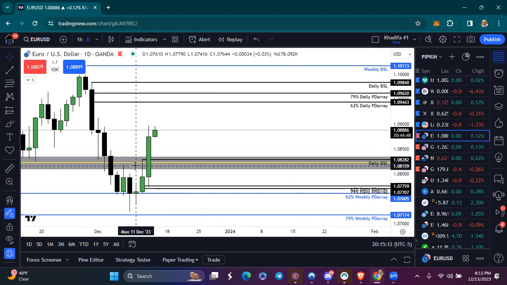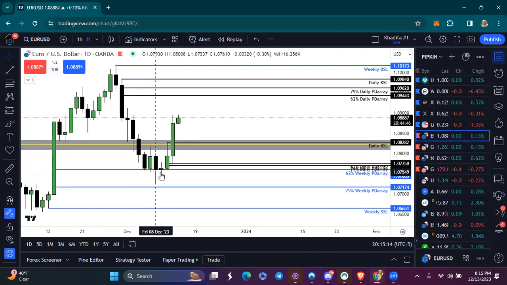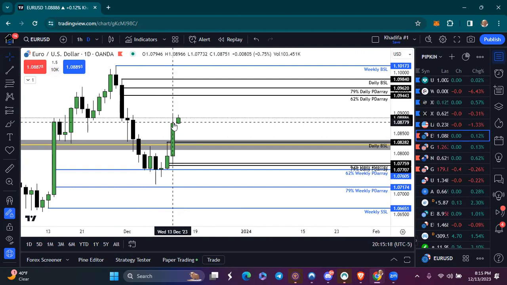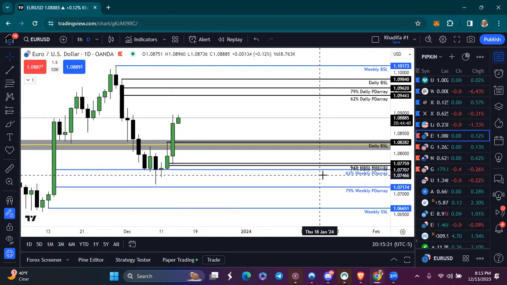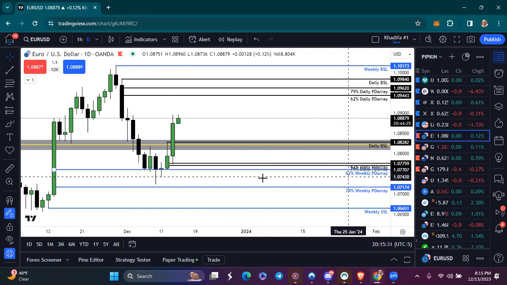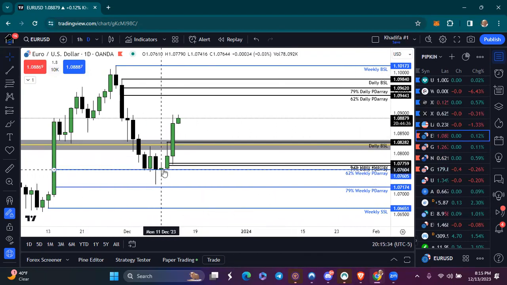And so from Monday in the pre-week analysis from Sunday, I told you guys that I was expecting currencies to push up off of the weekly discount PD array levels, which is outlined here in blue with the blue title 62% weekly PD array. That's that weekly discount array that I wanted to see price push up off of to push back through this daily fair value gap into reach for